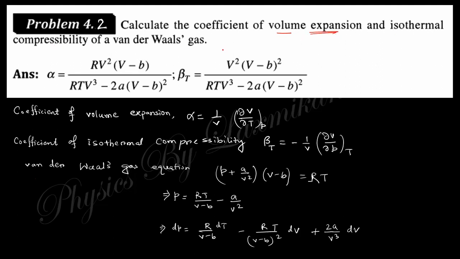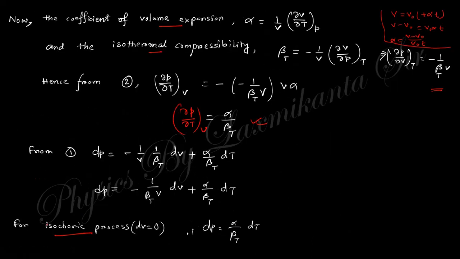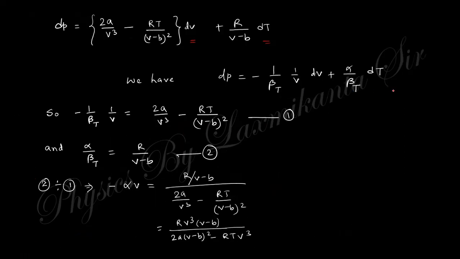Calculate the coefficient of volume expansion, that is alpha, and isothermal compressibility, that is beta T, for the Van der Waals equation. You know the coefficient of volume expansion, this one, and beta T equals like that. From the Van der Waals equation, (P plus a by V square)(V minus b) equals RT. So P equals like that, and dP can be written like that by taking the derivative and separating out dV and dT. And in the previous problem you can see dP equals like that. So if you compare these two equations,